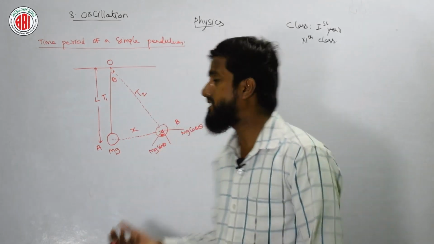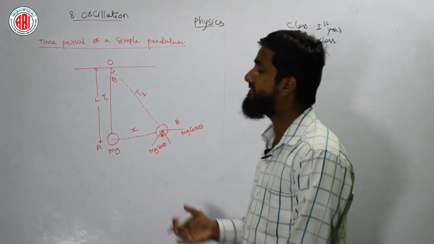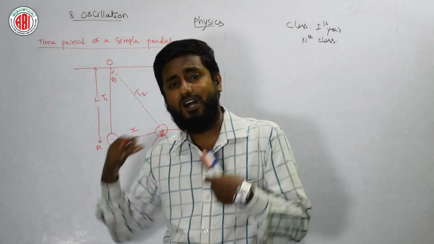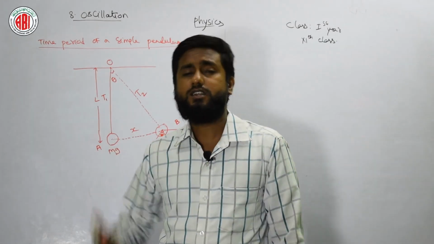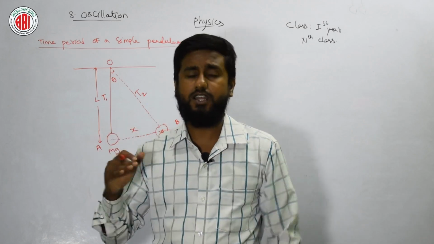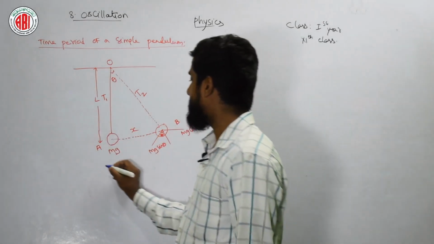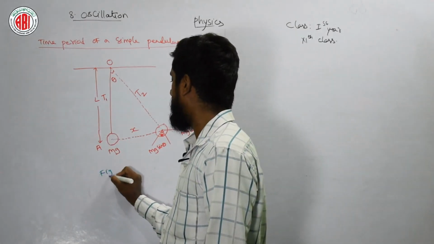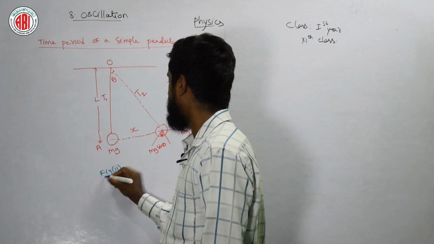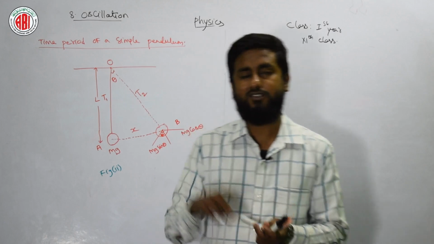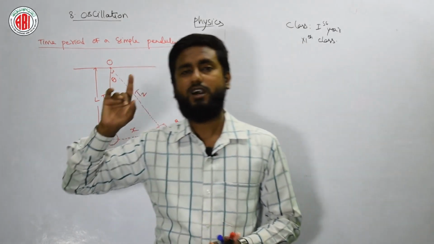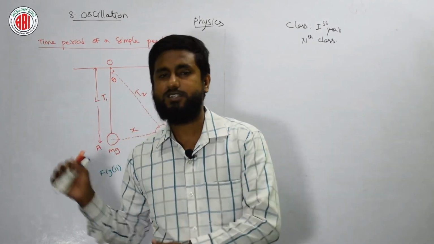If we understood this complete diagram, we can derive easily, and on the basis of this diagram only we need to write a few lines related to the theory part, like 8 lines, 5 lines, 10 lines, whatever it may be. I am giving this as figure number 2, you can give figure 1, 2, 3. Why I am giving figure number 2 is that we have already done one figure for simple harmonic motion, simple pendulum, that's why it is figure number 2.